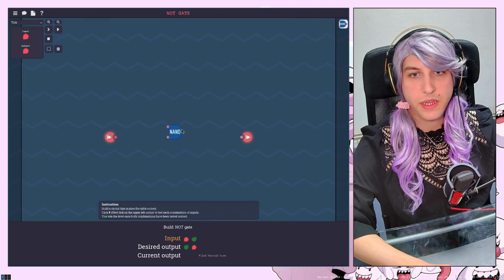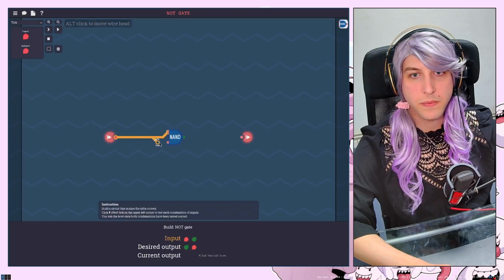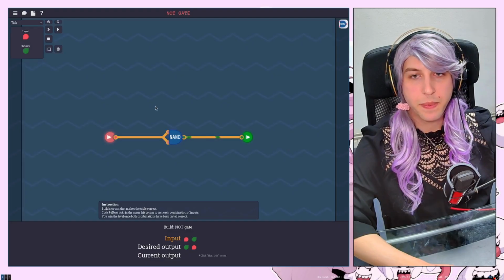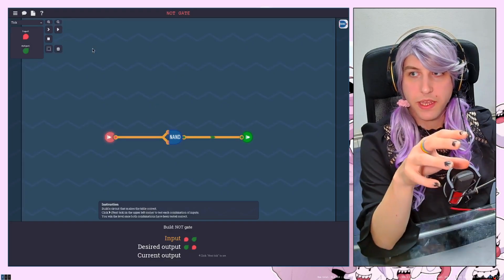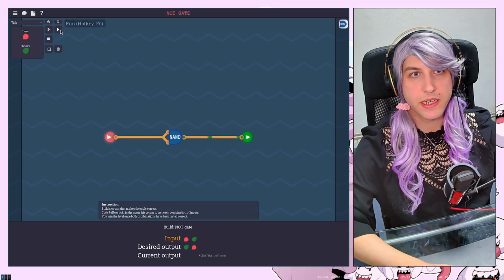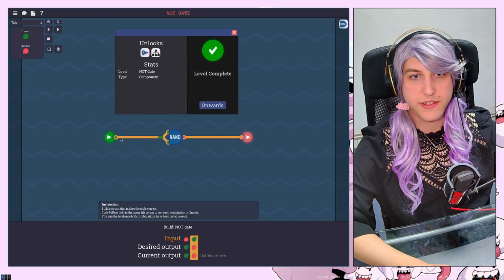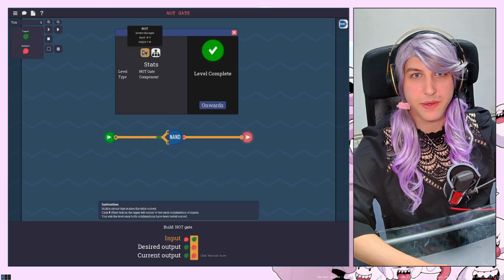Okay, let's build a NOT gate. See, as we are going to see in these first few levels, the NAND gate, the basic transistor, is basically the key component that makes up all the other components. Okay, this is a NOT, right? Now we, by the way, look, now we unlock the NOT gate